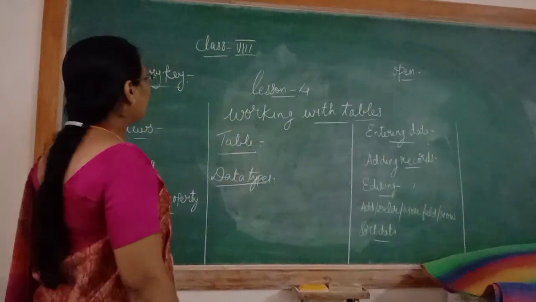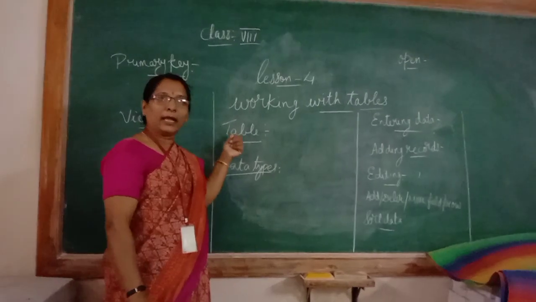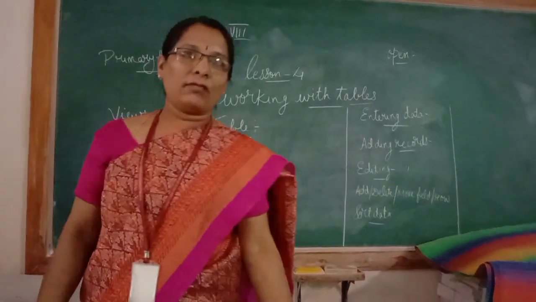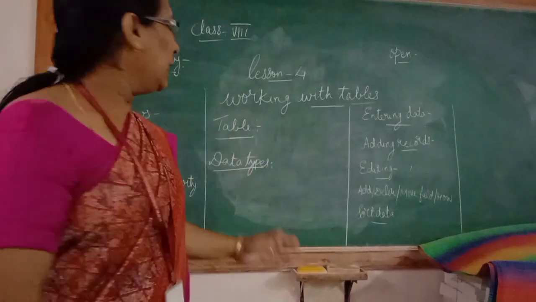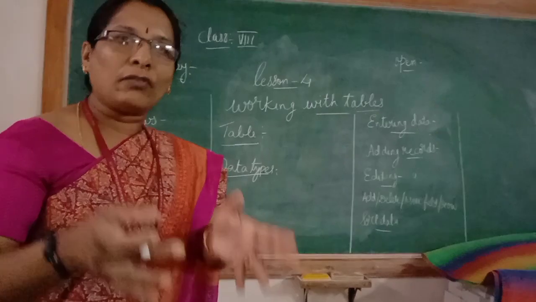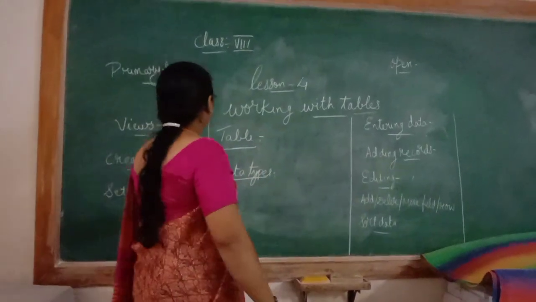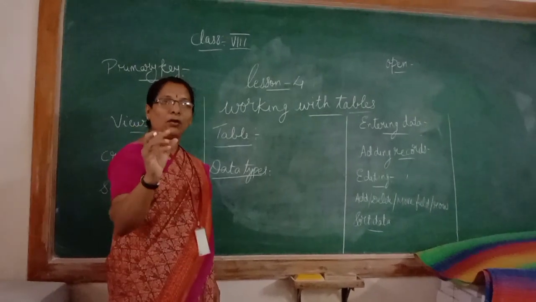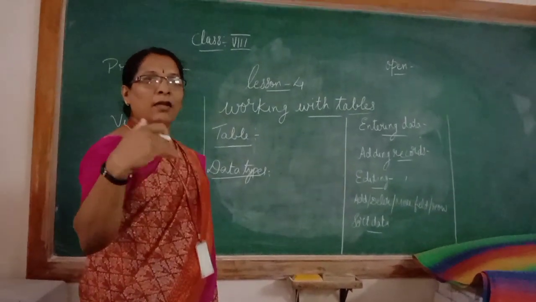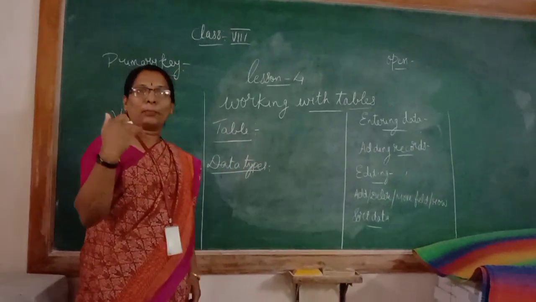So now we have already discussed about the table. I hope you are clear with that. Again, I would like to repeat that a table is an organized collection of data, as you have seen in Excel. Here also a table consists of rows and columns, and the intersection of each row and a column you call a cell. Then the next thing I said is the heading of a field, which is called a title, and you call it a field name.